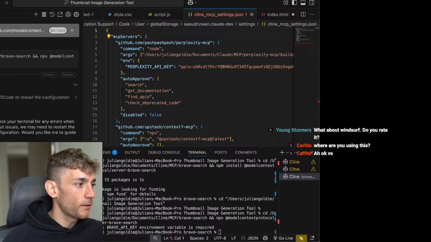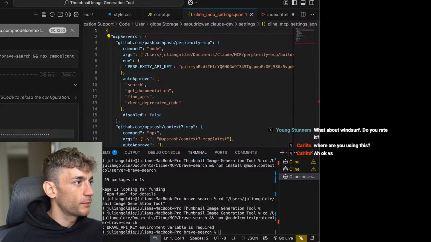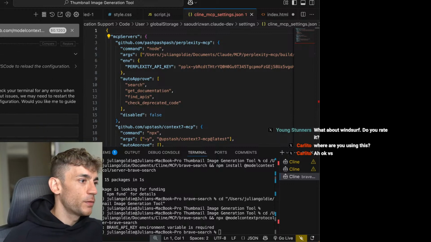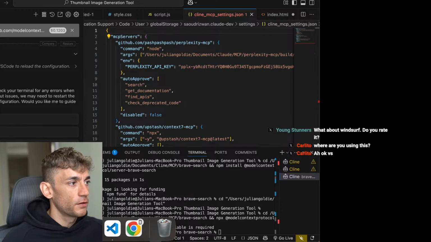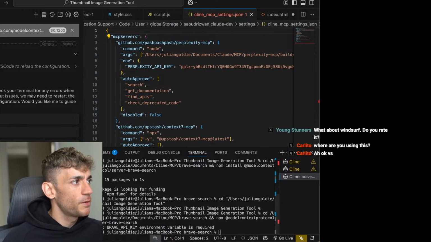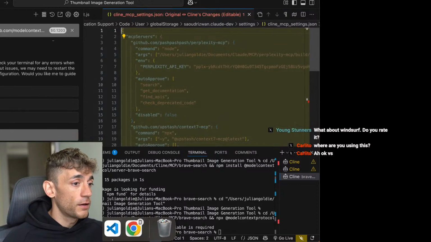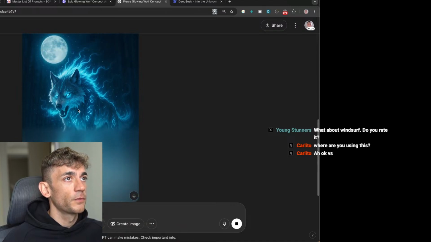So what I'm going to do now, just to get this working, right, we'll go to Anthropic, Claude 3.7 Sonnet. Then I'm going to say install the MCP Brave Search and check it's working. Right. And then from there, we'll test if Qwen can actually use it after. But it just seems like for installing MCPs, especially on Cline, Qwen 3 is absolutely terrible. All right, so